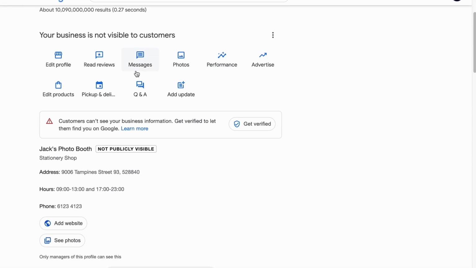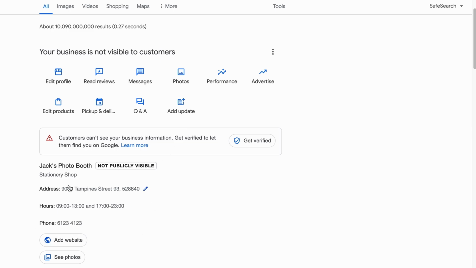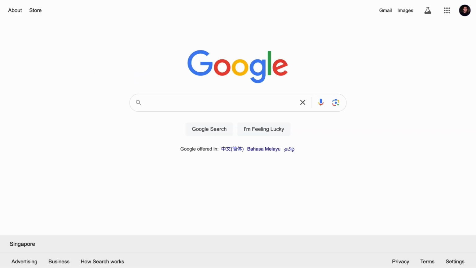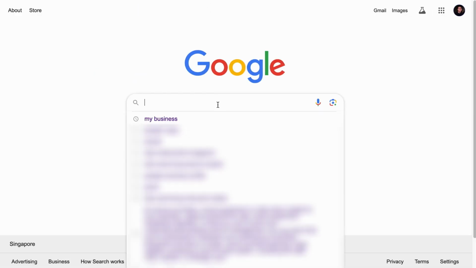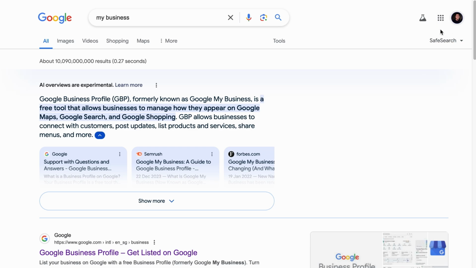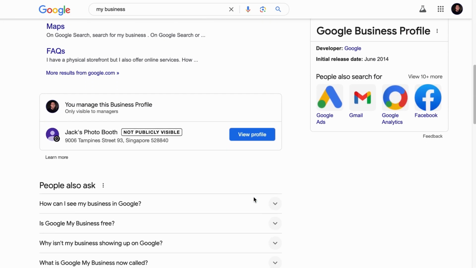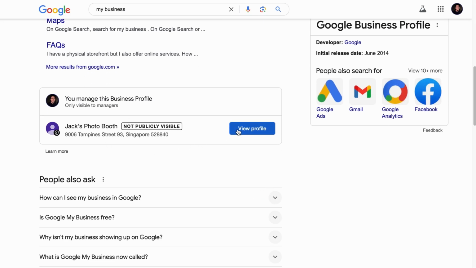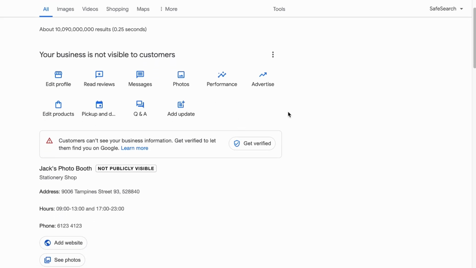You will see something like this on search that includes a summary of your business as well as a dashboard to help you manage your Google Business Profile. If you have exited the Google Business Profile and you want to get back to it, just search My Business, and if you are logged into the right Google account, as you scroll down, you will see your business profiles. Click on View Profile and you are back at the dashboard. Simple and easy. Of course, this is just the setup process and there are more optimizations to make your business profile more credible and trustworthy, which inherently increases your chances of higher rankings.